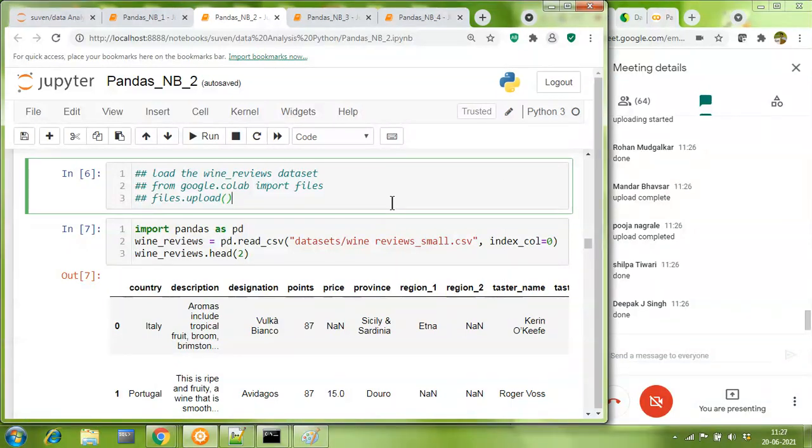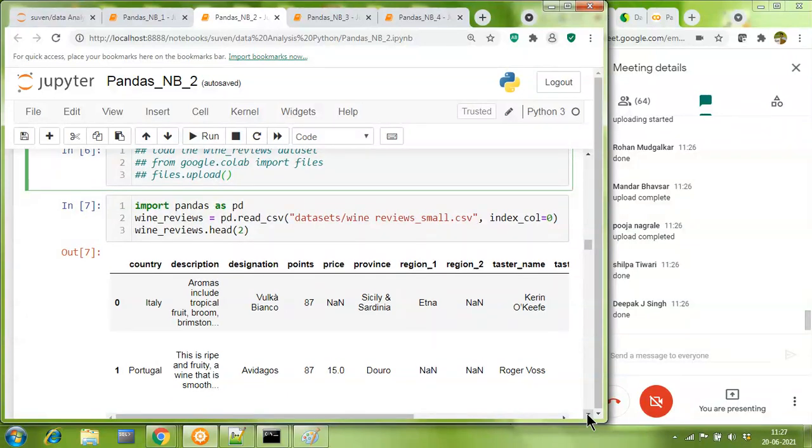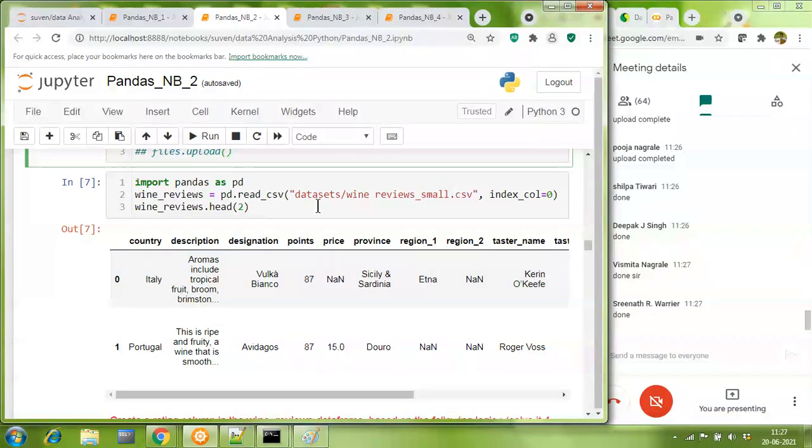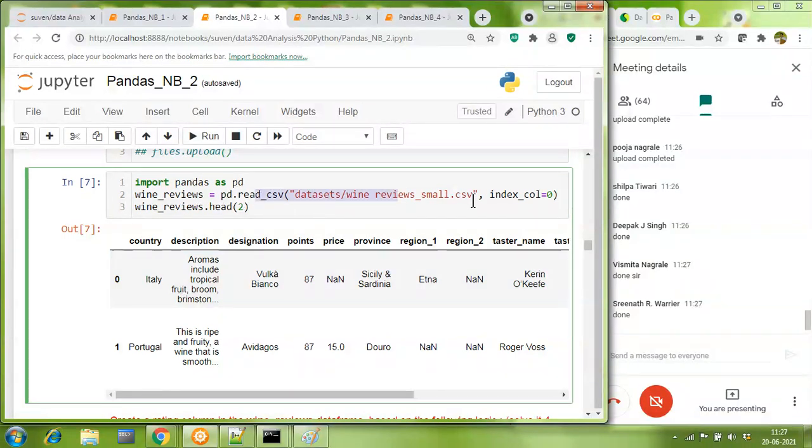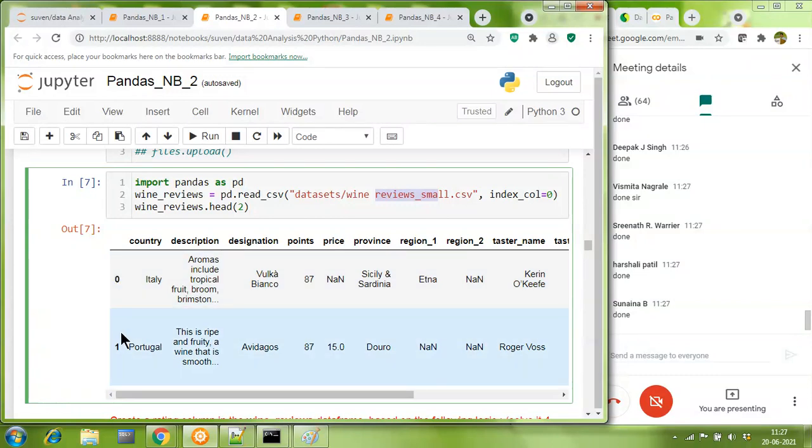Fantastic. So I see for many people uploading has started, and for some upload is also completed. That's very good. But even if it is not complete, there's no problem. Let me flow with the cells. In the first cell, we are reading the entire CSV data and we're marking the index column as 0. So obviously, we are using the index which is already there in the wine reviews as our index. We're not using the default implicit indexing. We're making the 0th column index.